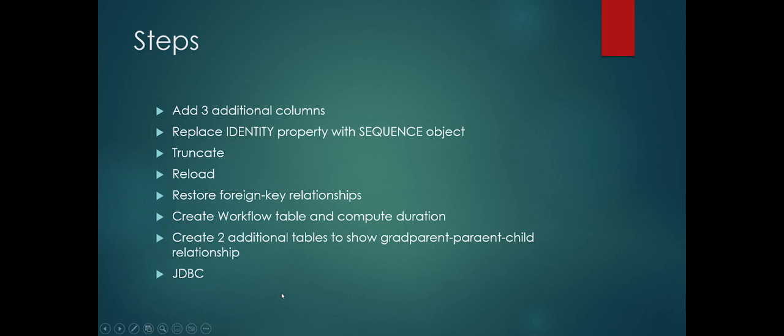We were asked to first add three additional columns to every table. Those columns were user authorization key, date added, and date of last update, and replace identity property with sequence object. And we were told to truncate, so basically empty out every table and reload, and then restore foreign key relationships because they had to be dropped before truncating, and then create a workflow table and compute duration